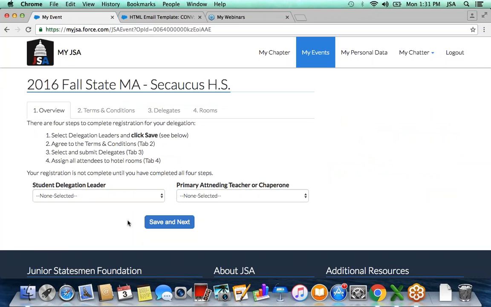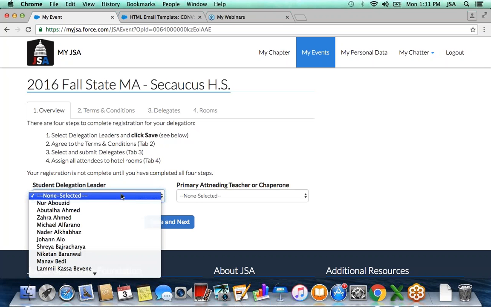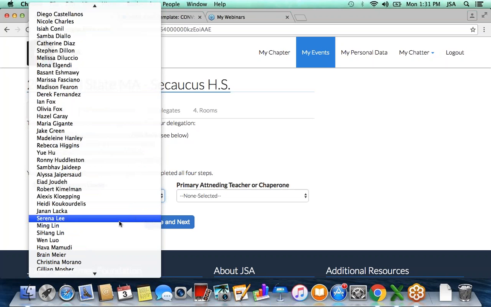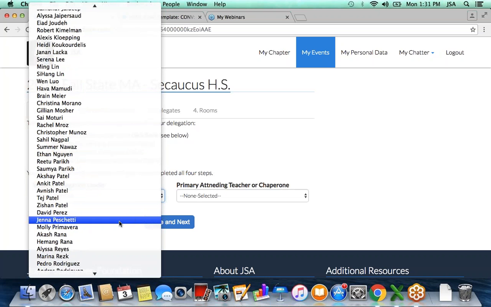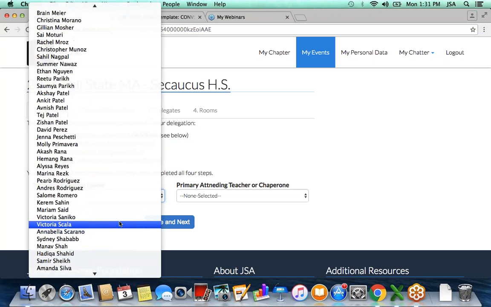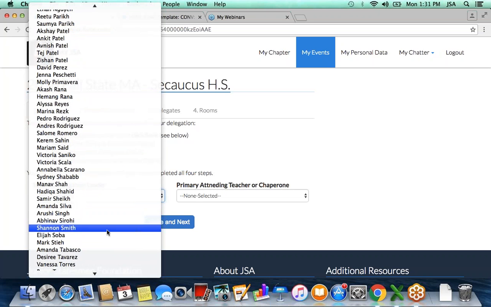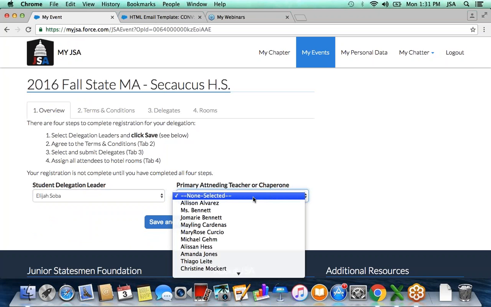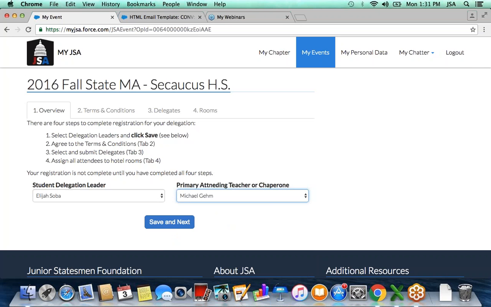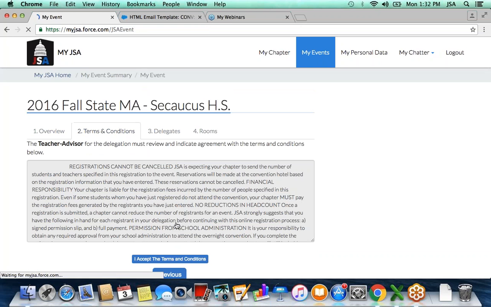So once you've got your event started, you're going to select a student delegation leader. The student delegation leader is generally the chapter president, but if the chapter president is unable to attend the event, it can be the chapter vice president or another chapter officer, or just another student who's willing to take on the responsibilities of leading the chapter during the convention. All students are listed alphabetically by last name, so you can go through, select your delegation leader and your primary attending teacher advisor or chaperone. Once you've got those two things filled in, you can click Save and Next,